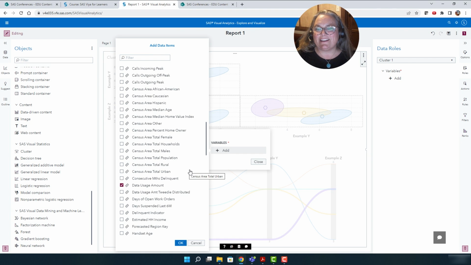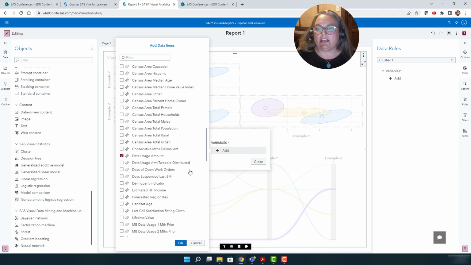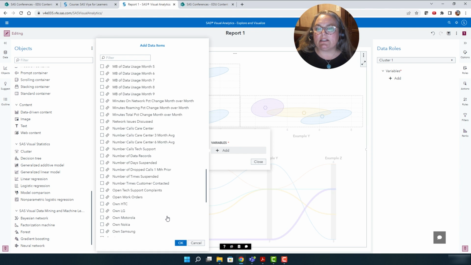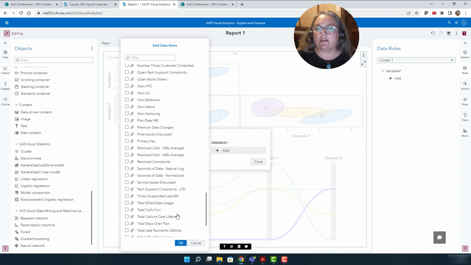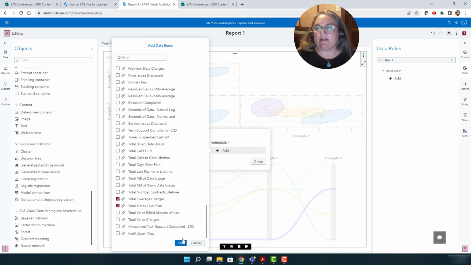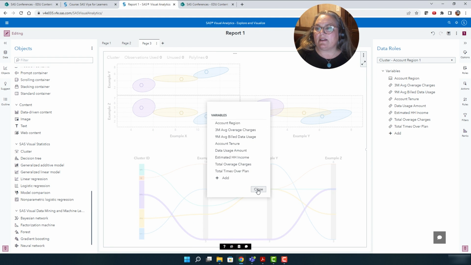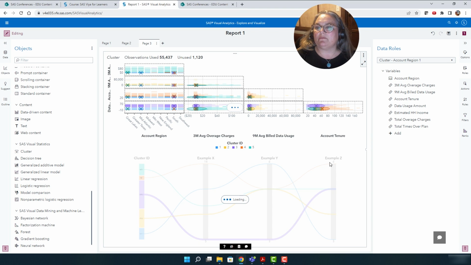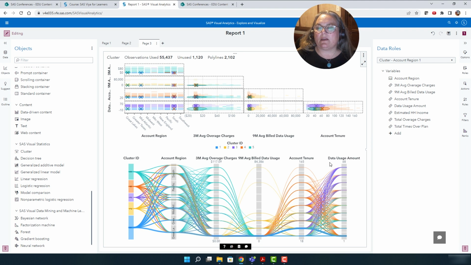One of the really nice things about visual statistics is that it is really easy to add and remove values. Okay, let me just pick a couple more data items. Let's see how that looks. And I'll select close. Again, I can come back and add or remove some of these data items depending upon what I see here.